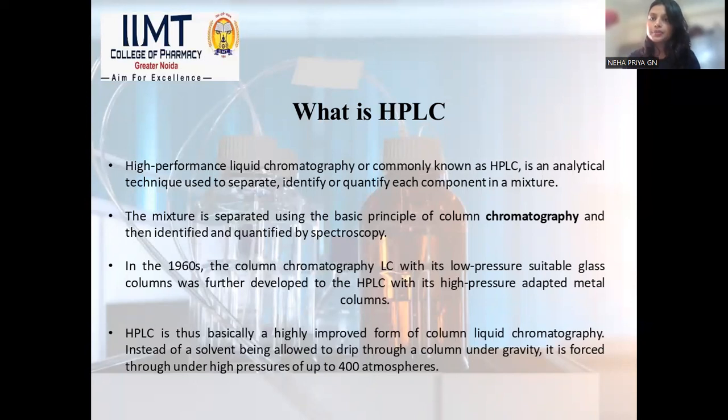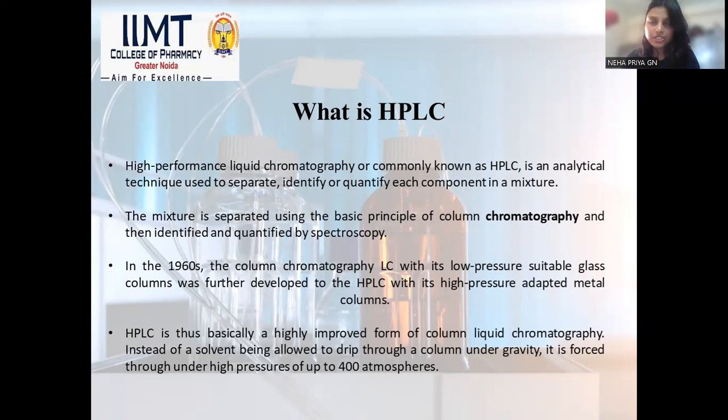First, we put our sample into the column and pour our mobile phase into the column. Then, for example, if A has more affinity towards the stationary phase,